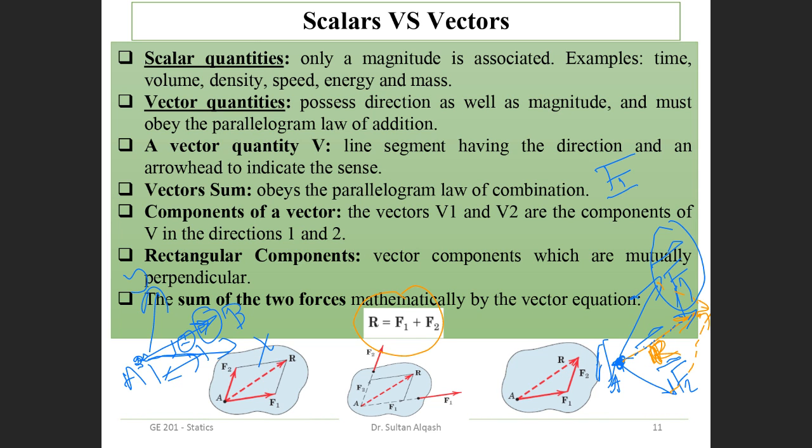Logically, take it at home: hold a particle, like a small ball, and have a rope or a piece of wire on one side and then the other side, and try to pull it. You'll find that this object will move in the resultant direction. Clear, guys? I think this is clear, this is physics. To simplify our calculations we find the resultant. Clear idea? Okay, clear.